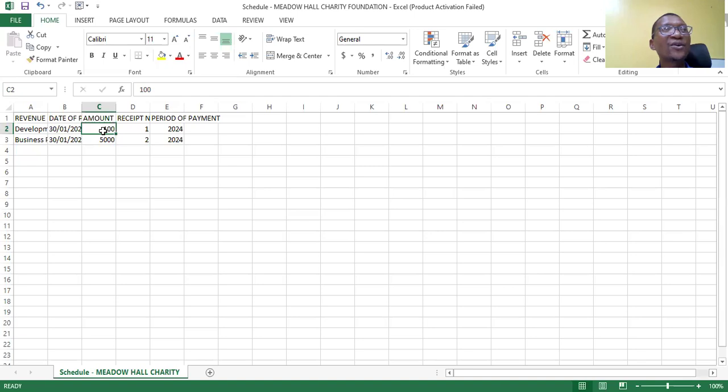But if you have just one staff, it will be just 100 naira. Then the business premises, that's 5,000 per company. So if you have 3 companies, it means this will be 5,000, for another company 5,000, for another company 5,000, and that makes the total. But it has to be 5,000 per company. Okay. Then period of payment. So when you made the payment, if you made the payment in 2025, you put it there, but it's advisable that you put 2024, and that is okay. So once you are done with all this schedule,